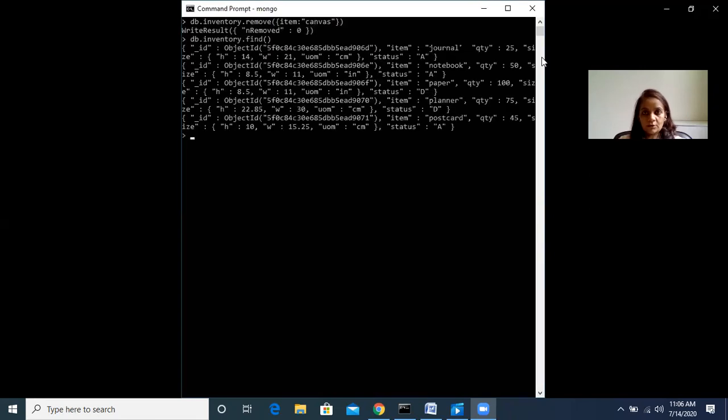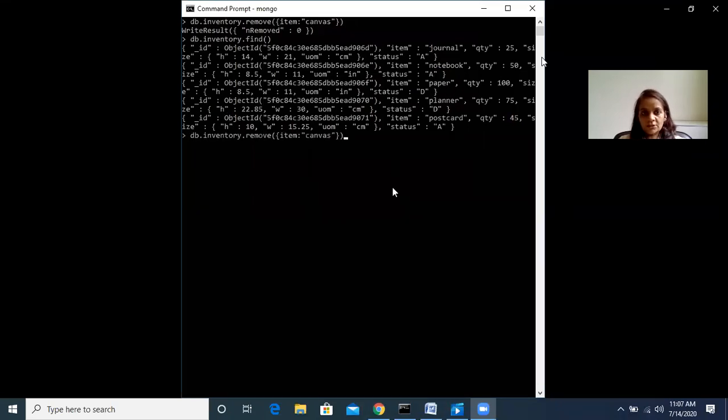So now let us delete the documents with the help of remove. So here we will use the keyword remove. The command will be db.inventory.remove where item equal to canvas. So it is working in a similar way, just like SQL if we write delete from database where item equal to canvas. Now see, there was no such document in which the item was canvas, so no record is removed. It displays removed 0.